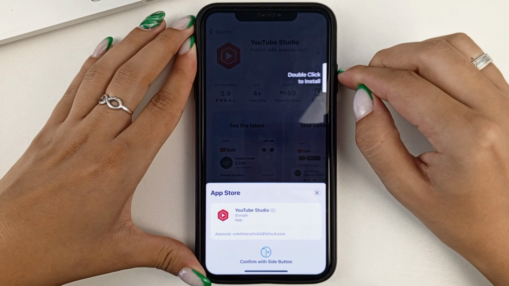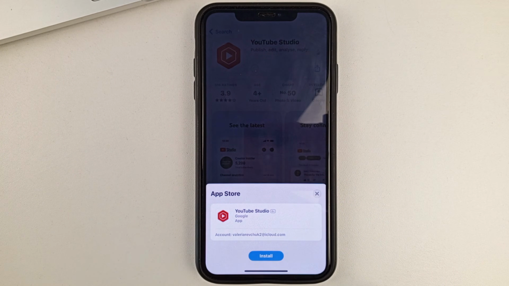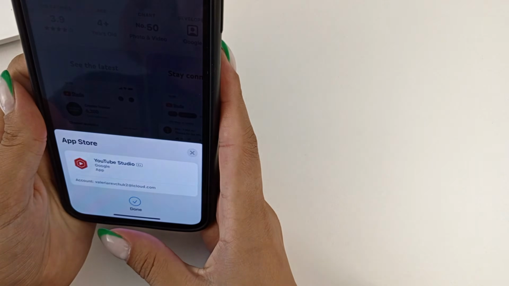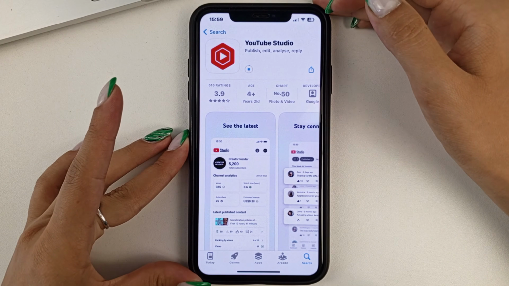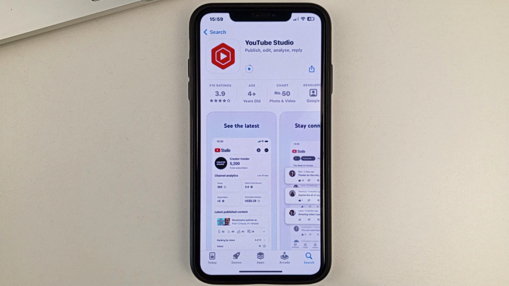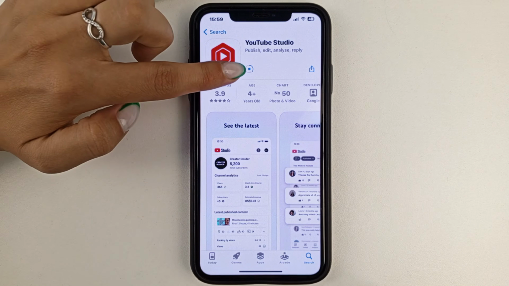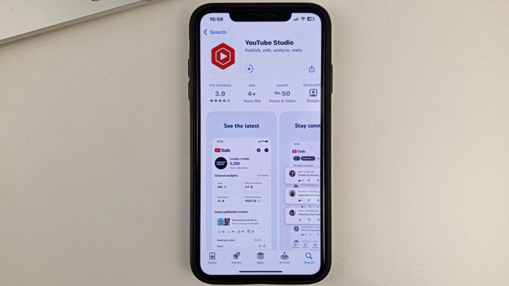If you have some sort of security installed, like I do, it's Face ID, or you have some kind of password set, like an Apple ID password, or you have your phone protected in the App Store, then you just have to enter your password or Face ID, go through, and then as you can see, the process of installing the app starts immediately, and it's a pretty quick process. It doesn't take more than 2 minutes. But as you can see in my case, it's quicker than that, and usually it's really quick.